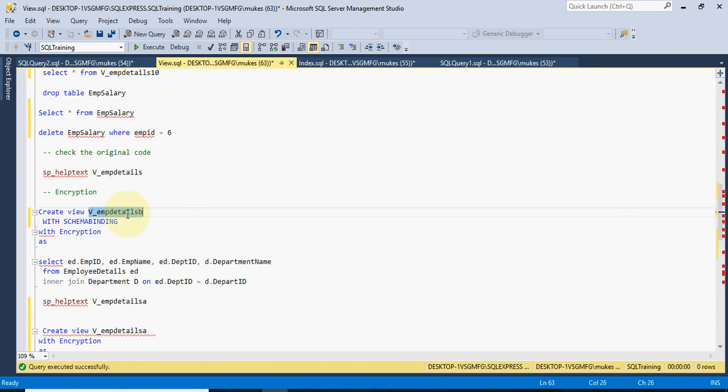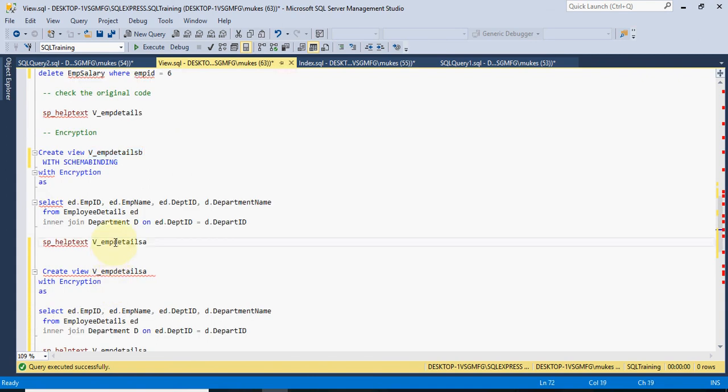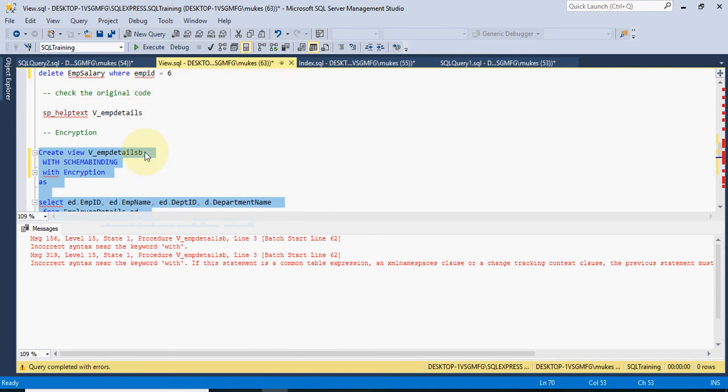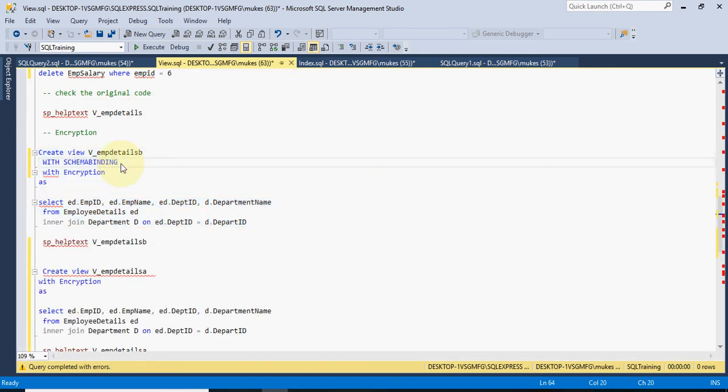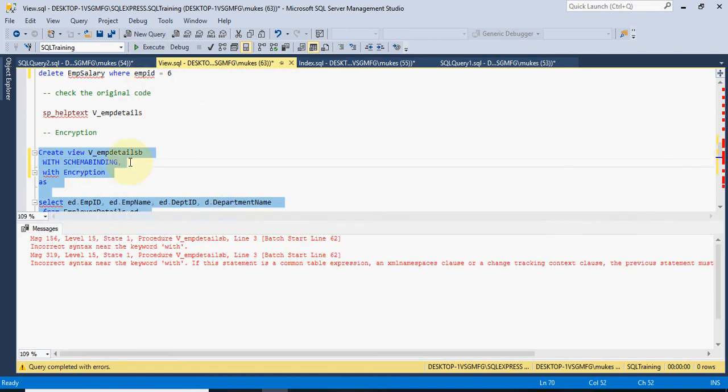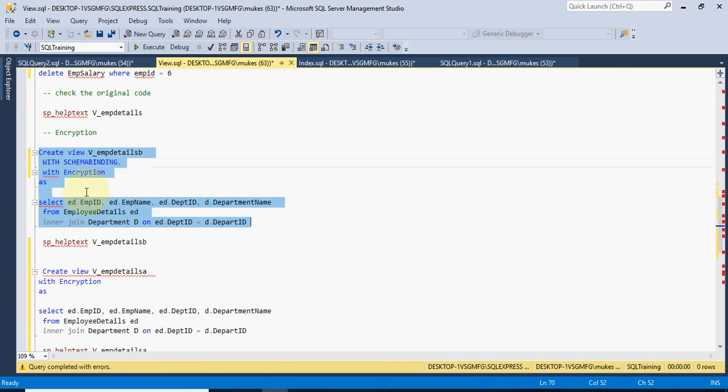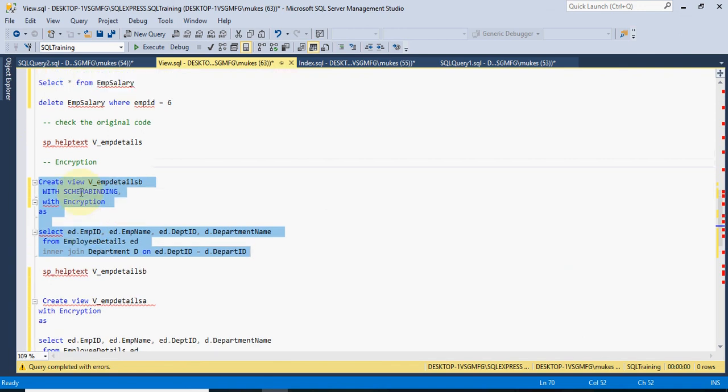Suppose... I think we cannot use it. It's showing an error, because I never used this one. No, we cannot use it. Let me check with Google or somewhere if we can use it. Okay, I will check this one.